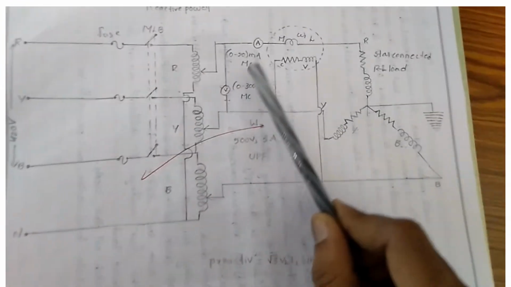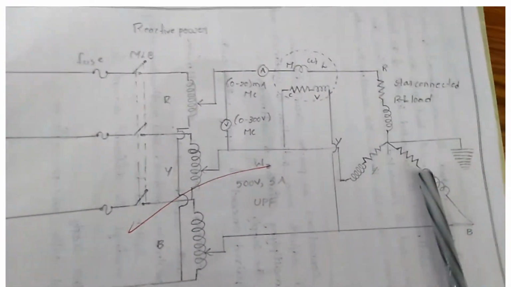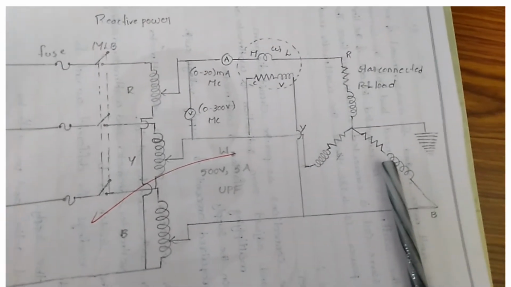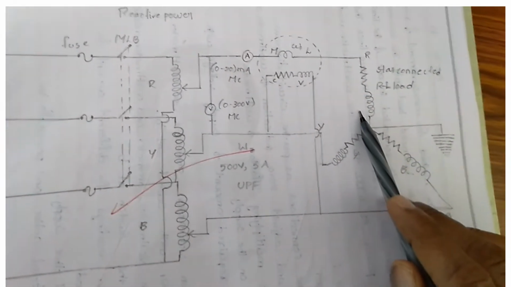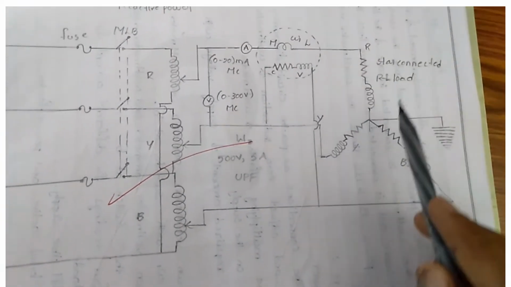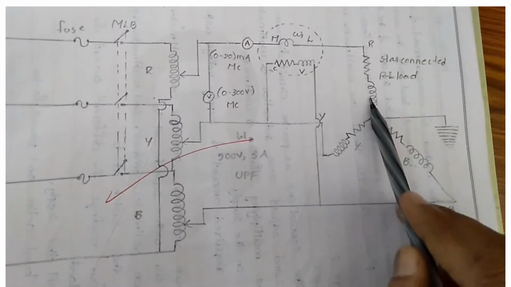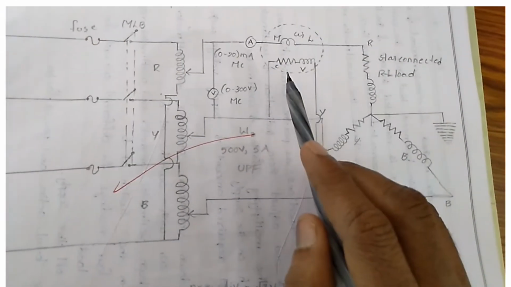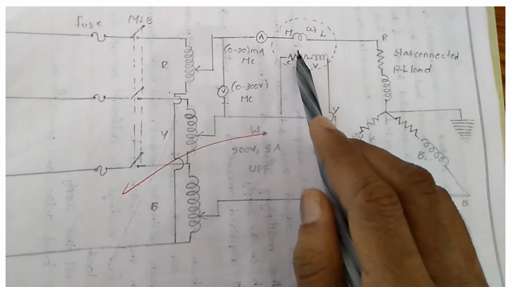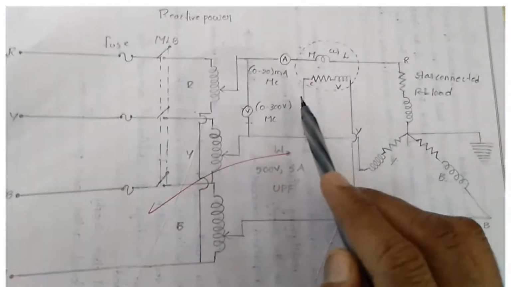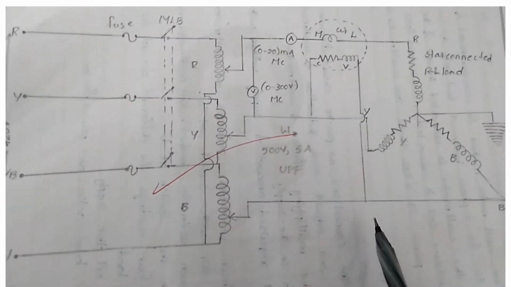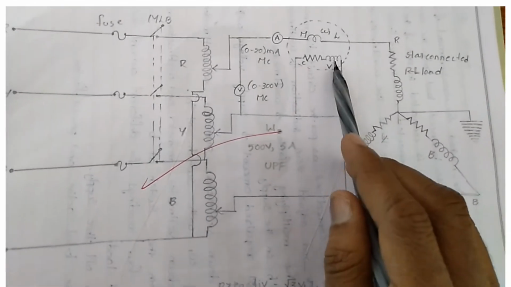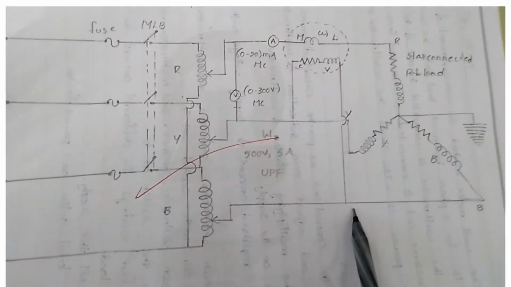So voltmeter, ammeter and wattmeter and star load. But in the star load, what is the difference here? To measure reactive power we should maintain the load as R and L in series. And in the previous case we had connected the current coil on one phase. Now here, C is connected to one phase and the V terminal is connected to another phase. That means this pressure coil is going to measure the reactive power especially.